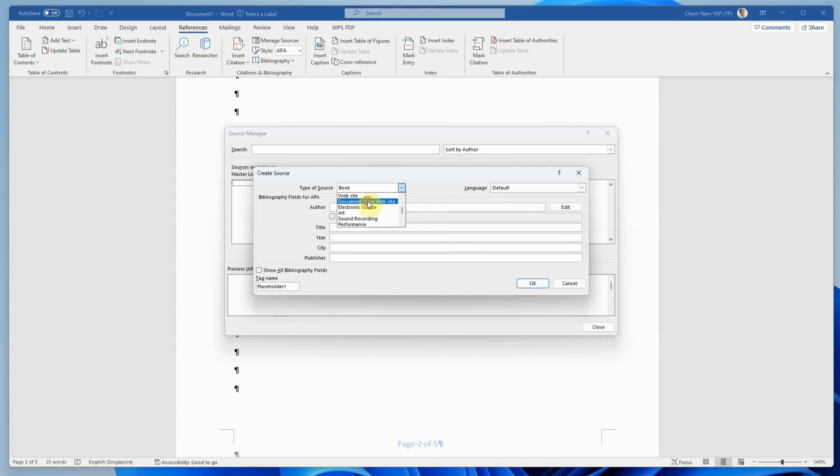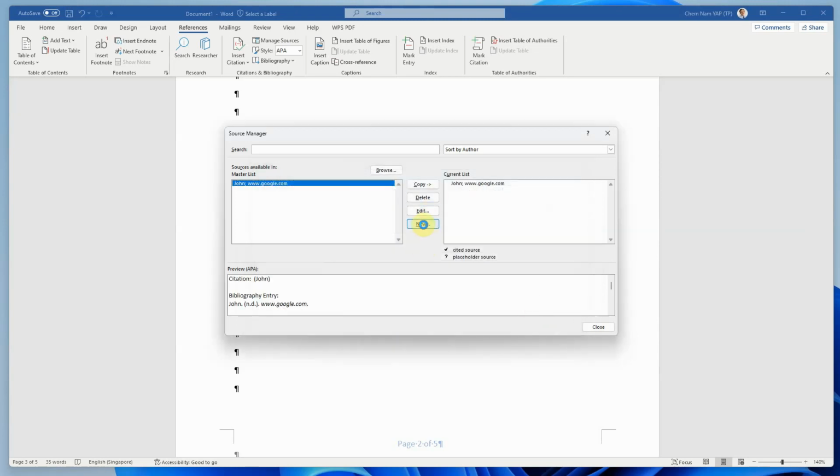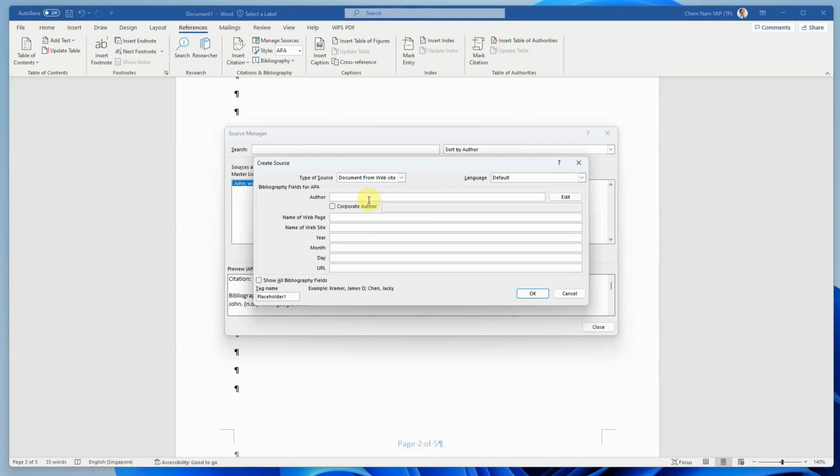So let's go and find a document for a website. Author may be John, and then the website may be www.google.com example. Okay, and then that's good, right? And then you may have another one. You may have a Mary, right? Then you may come from